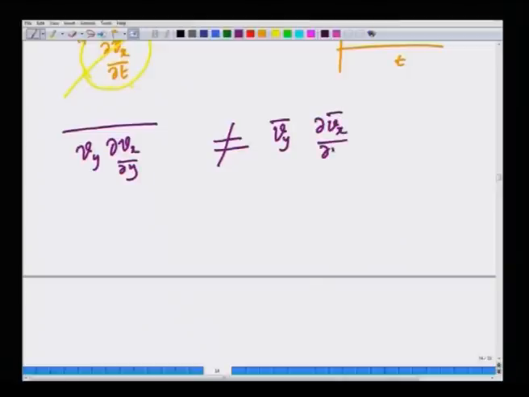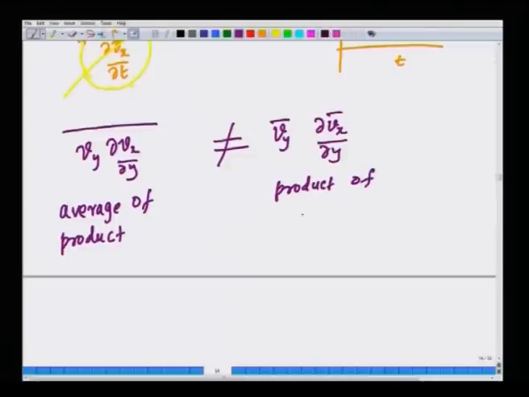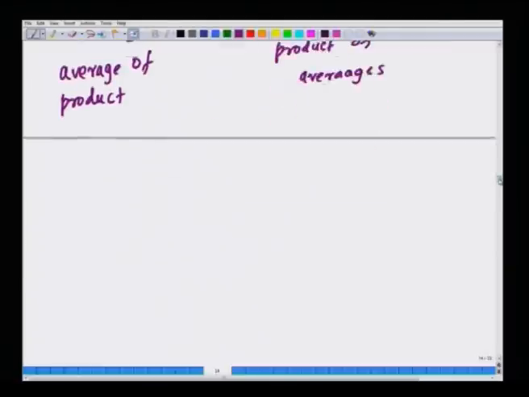So this is the average of a product of two quantities, and this is the product of the averages of the same two quantities. But for fluctuating variables, these are not generally the same, and we will show why,